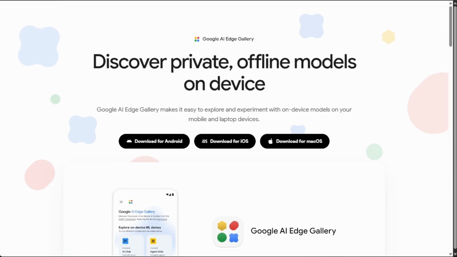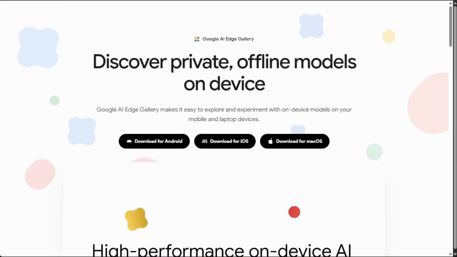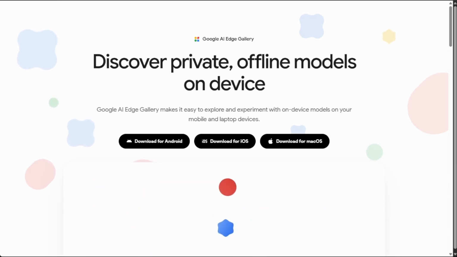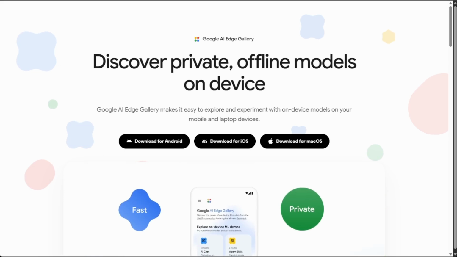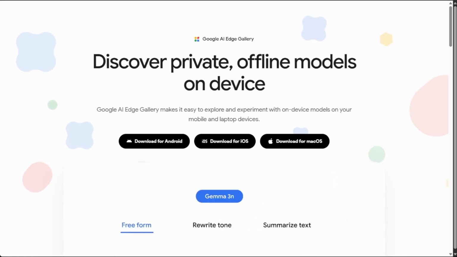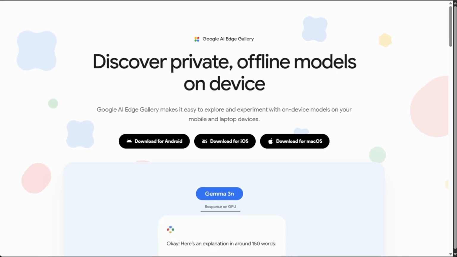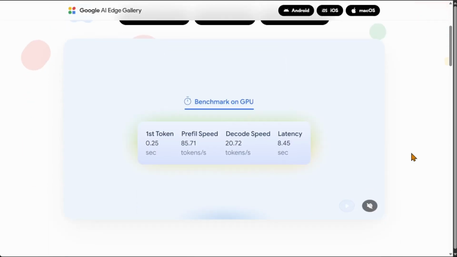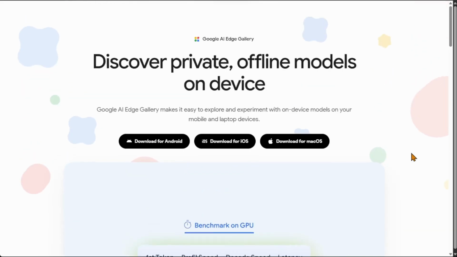Today, I want to talk about Google's AI Edge Gallery. This is a program that lets you run small language models on your mobile devices. Let me pause their animation for a second. Basically, you can run something like a Gemma 4, or it has Gemma 3, and some